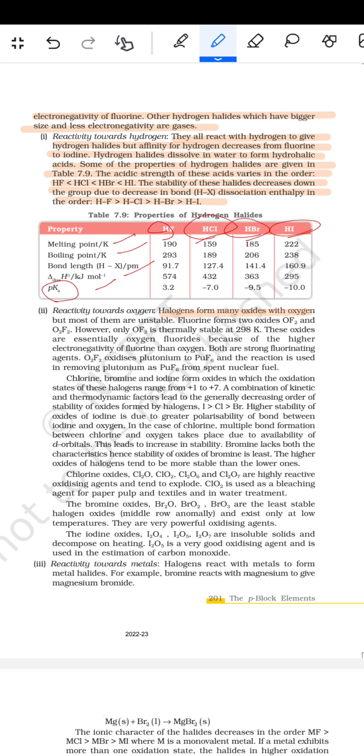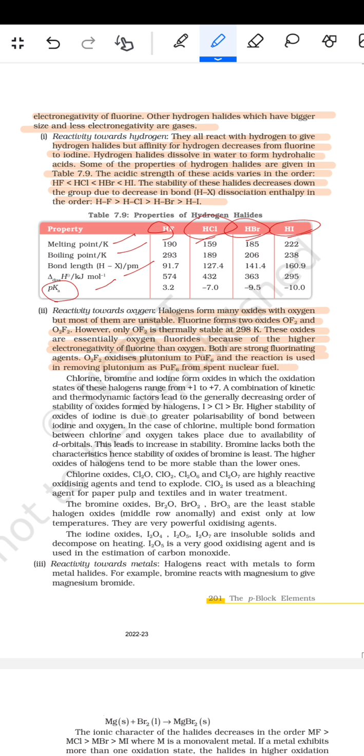Halogen form many oxides with oxygen, but most of them are unstable. Fluorine forms two oxides, OF2 and O2F2. However, only OF2 is thermally stable at 298 Kelvin. These oxides are essentially oxygen fluoride because of the higher electronegativity of fluorine than oxygen. Both are strong fluoridating agents. O2F2 oxidizes plutonium to PuF6, and the reaction is used in removing plutonium as PuF6 from the spent nuclear